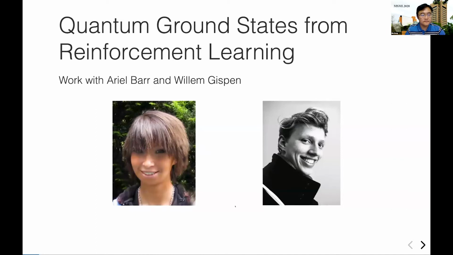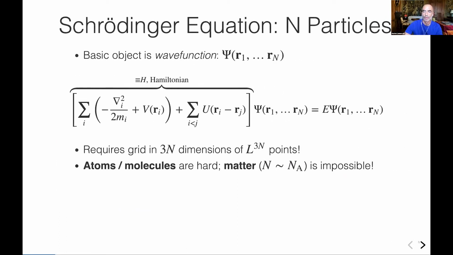So this is a project that I've been working on with two master's students, Ariel Barr and Willem Gispen. And the idea is to use reinforcement learning to tell us something about the ground states of quantum mechanical systems. And so to understand the challenge that's presented to us by many-body quantum mechanics, let's look